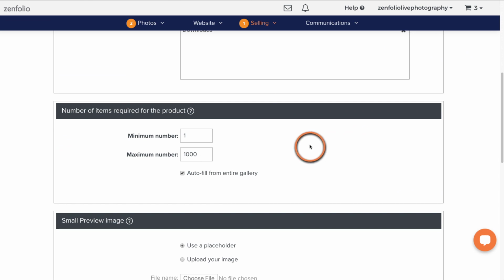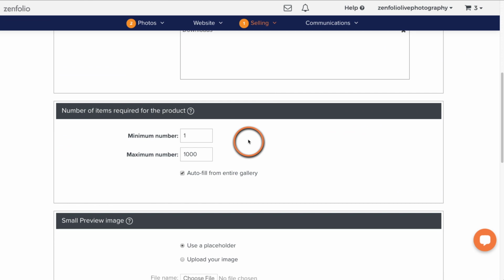Now, we're going to circle back and talk about this minimum number. I left this minimum number to 1 because I want this digital product to work for any client gallery that I have. And so occasionally I might do a portrait session where they might only have 10 to 15 images, or maybe you're going to do different sessions where they're having different numbers of images.